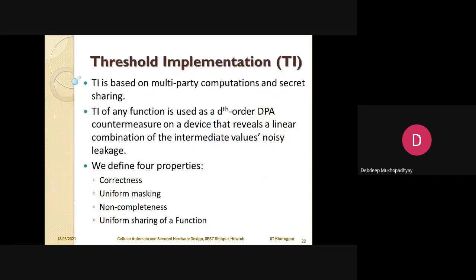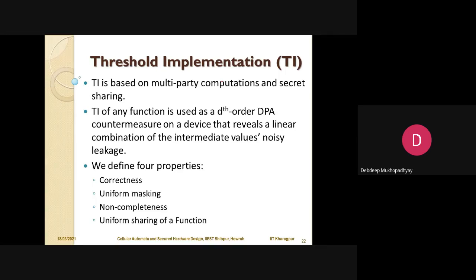So we need protections, and one of the ways of doing that is a nice technique called threshold implementations, which are based on a very interesting combination of multi-party computation and secret sharing. Multi-party computation is the basic technique of TI, and TI is based on 4 properties. The first one is correctness, which means you still need to get the same algorithm working, and along with it you need uniform masking, non-completeness, and uniform